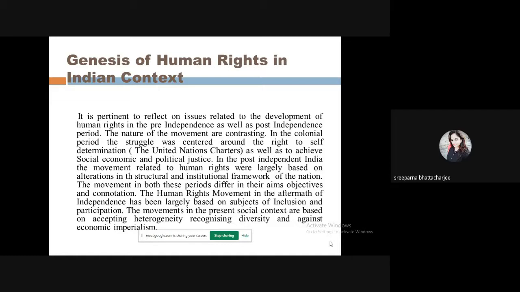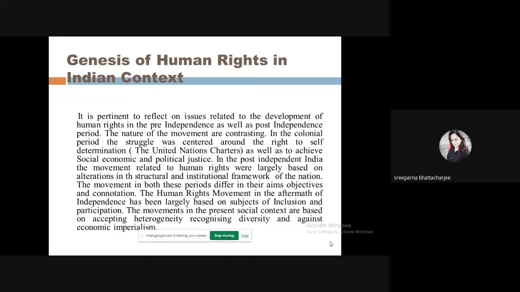So here we find that the movement may be through the framing of the constitution, because it has been a result of so many years of research, so many years of involvement by people from different fields, and they could understand that this constitution can act as the guideline for all, and it will direct the government to take steps, okay, for those who have been historically deprived. Okay, so if we see the framing of the constitution, here also we can find that the movement is involved, or there is a kind of struggle, a kind of